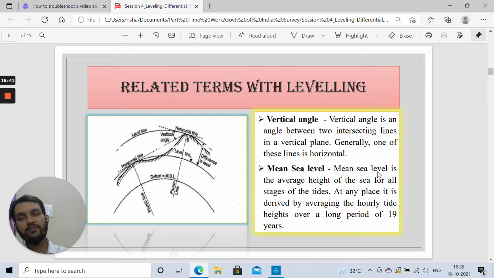Once we have made that horizontal line of sight, with reference to that we will fix our instrument. Suppose this survey work is being done with the help of a theodolite, so we will fix our instrument at this very point, and now we will try to sight the topmost part of the building, the topmost edge of the building. Now we can compute the difference in elevation between these 2 stations.